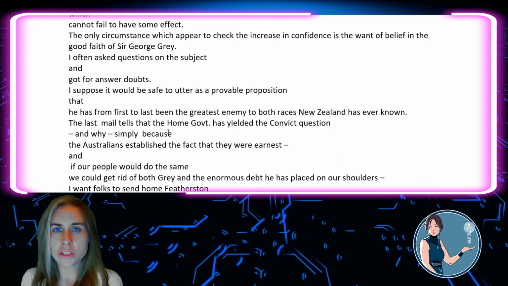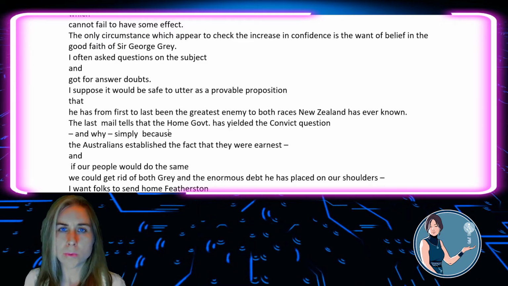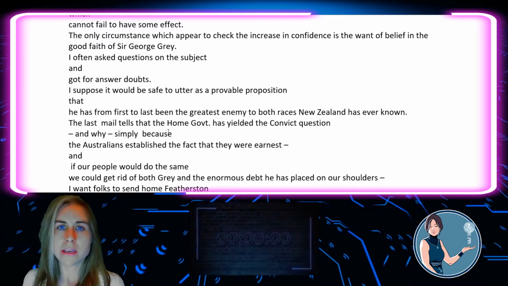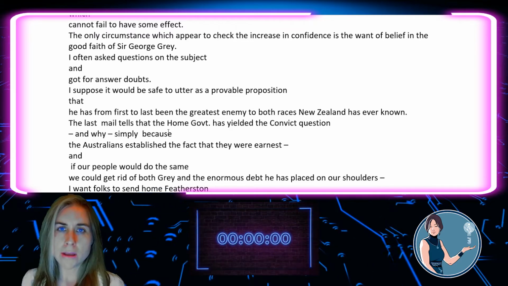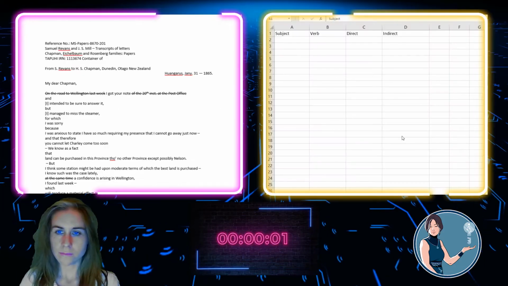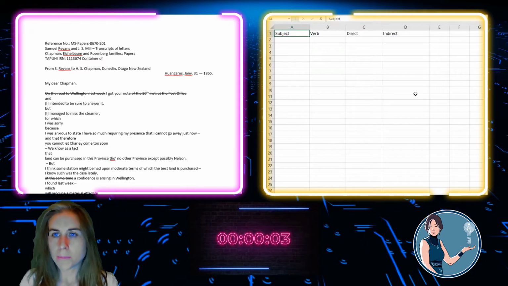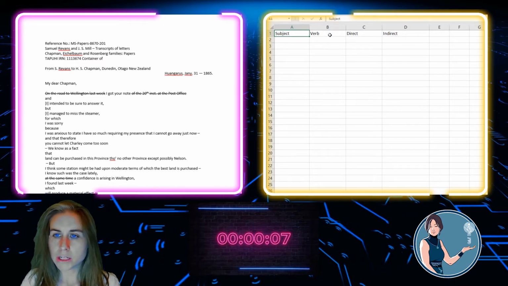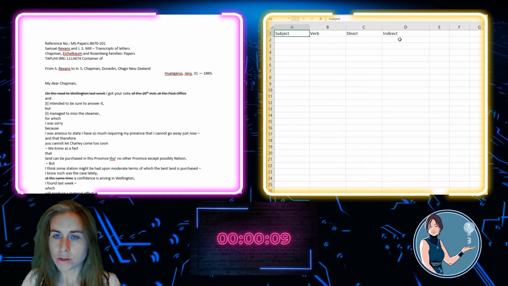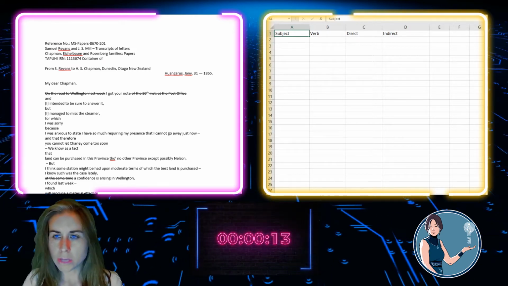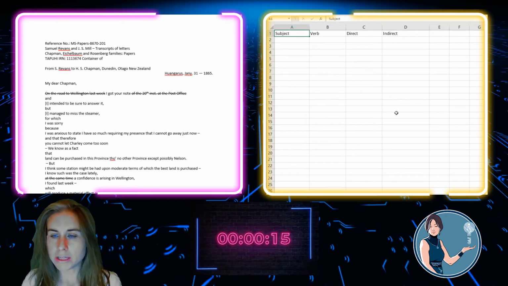So the next thing we need to do is transfer this into a spreadsheet document so we can separate out all those different parts: the subject, the verb, the direct object, and the indirect object. So here I've opened up an Excel document with 4 basic columns: subject, verb, direct object, and indirect object. And what I'm going to do now is go through the entire document, and I'm going to input these into